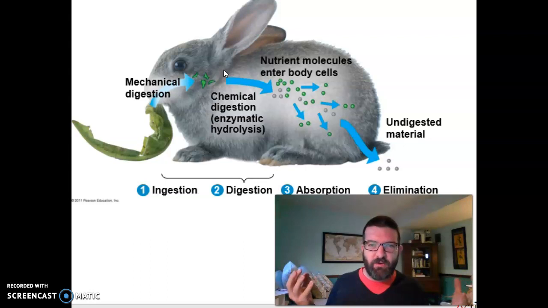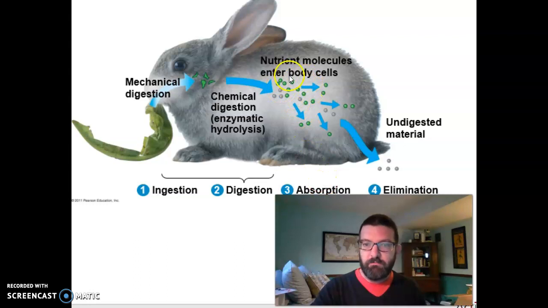You break polysaccharides into monosaccharides like glucose. Proteins are broken down into amino acids. That's digestion. And once you've got these chemicals down to their monomers, you can absorb them across your gut wall into your bloodstream, or whatever sort of fluid you're using. And then what's left that you didn't absorb, you eliminate or poo out, right? And that's undigested material. That's not wastes. That's not cellular waste. That's stuff that you never absorbed in the first place.